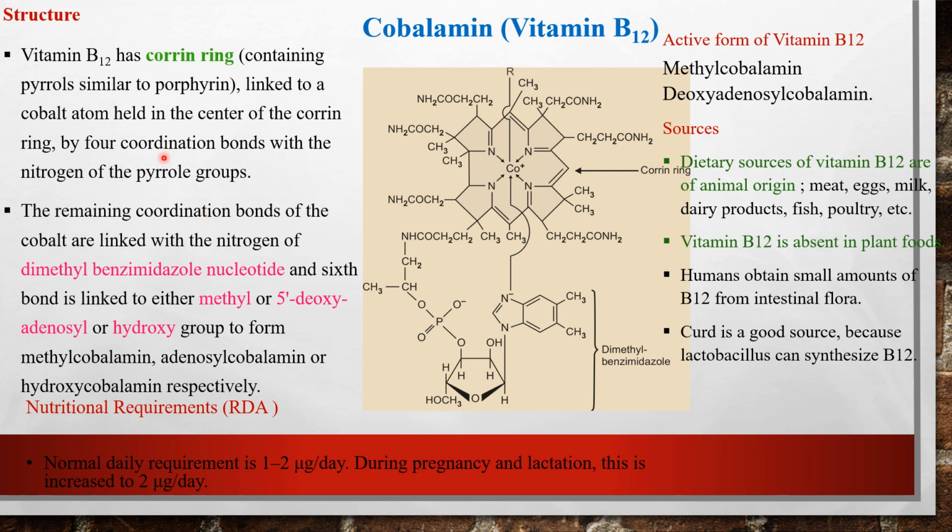So structurally, vitamin B12 has a corrin ring containing the pyrrole, similar to the porphyrin ring, linked to the cobalt atom held in the center of the corrin ring by four coordination bonds with the nitrogen of the pyrrole. So these are the four pyrrole rings, and their nitrogens are coordinating with the cobalt in the center, and the remaining coordination valencies are satisfied by combining with